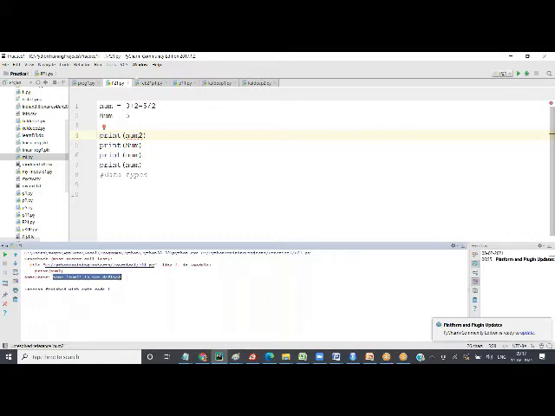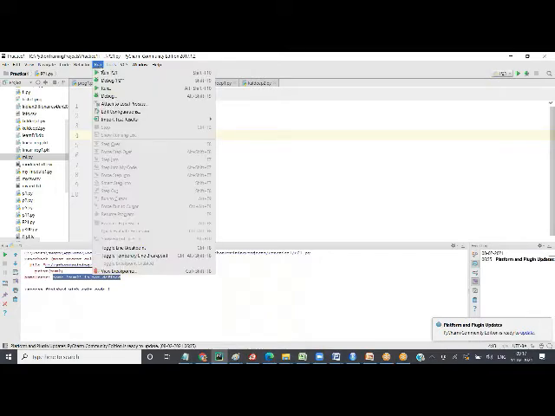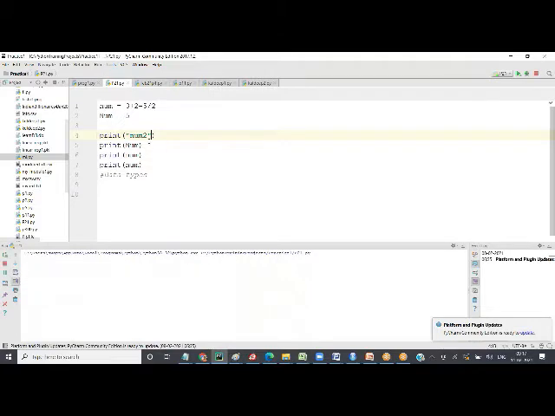Second thing is, if I don't want to print the value of num, I want to print num2, then I will have to define it as a string. String means text. And how do you define text? You define text using quotation, I told you, right? Hello. So now when I run it, in fact, I'll remove 2.